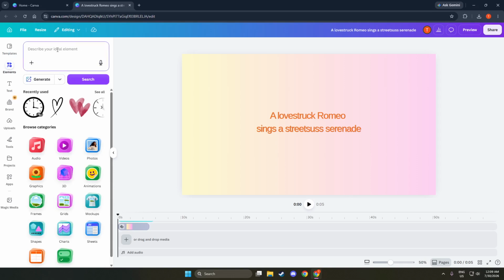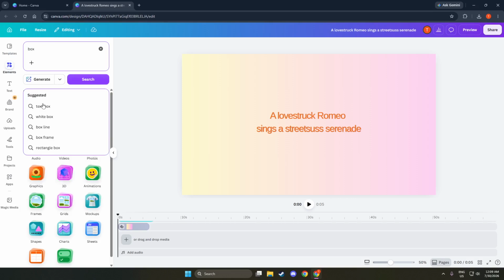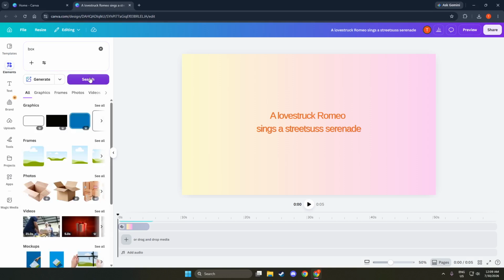From there, click Shapes. You will find shapes near the top of the Elements panel. After you click it, the panel will focus on simple geometric options. You should now see various shapes such as squares, circles, and triangles. Shapes are perfect for creating boxes behind text or for highlighting areas in your layout. If you do not see many options, scroll a little in that same panel until more shapes appear.